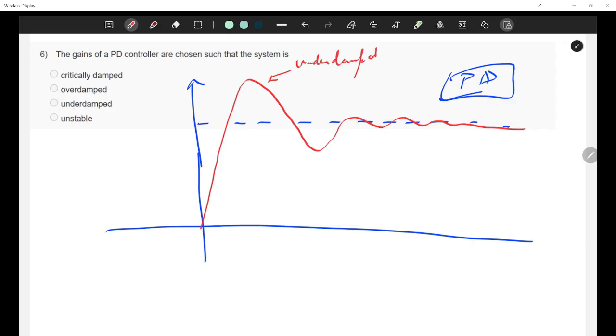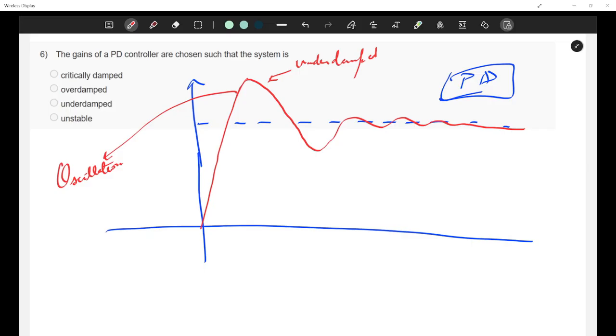Okay, so what are we losing here? We are getting oscillations. We are having a maximum peak. For example, take the example of slamming a door. If it is underdamped, the door will move out, come back, move out, come back, and then settle.